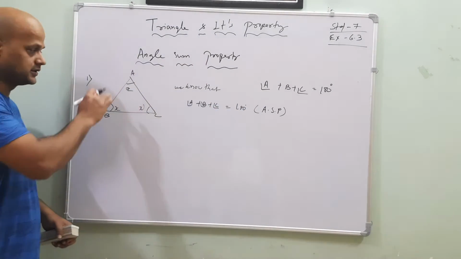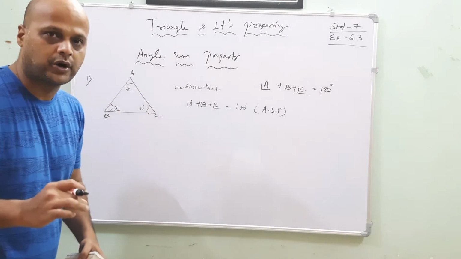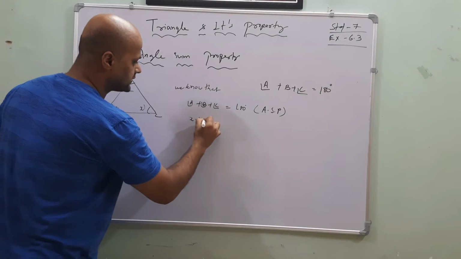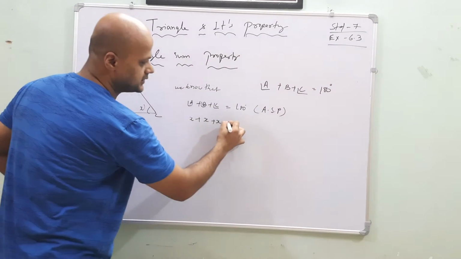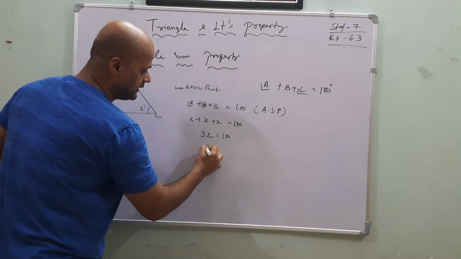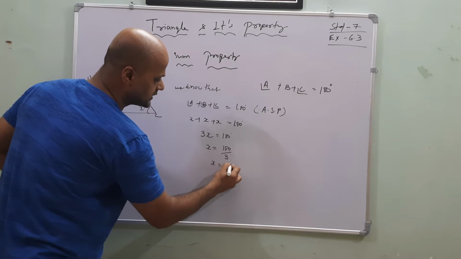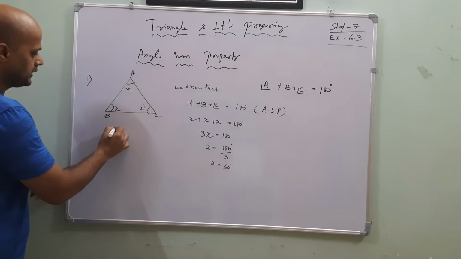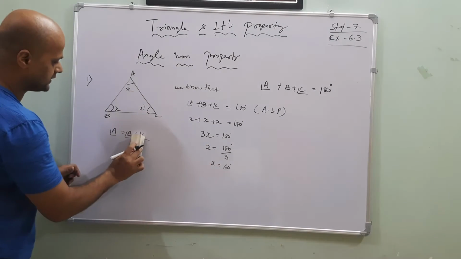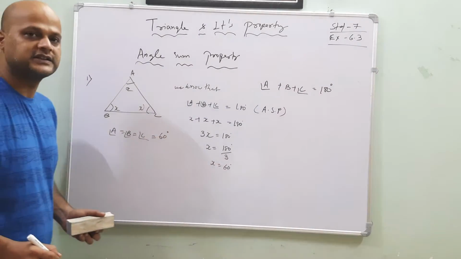Now, just visualize this one. Observe this one. All the angles are written in the form of x. No degrees are given, no values are given. So what do you have to write? Write x plus x plus x, all the values are x, is equal to 180 degrees. Total 3x is equal to 180 degrees. X is equal to how much? 180 divided by 3, and x is equal to 60 degrees. Now angle A is equal to angle B is equal to angle C, which is equal to 60 degrees. Means all angles are 60 degrees.